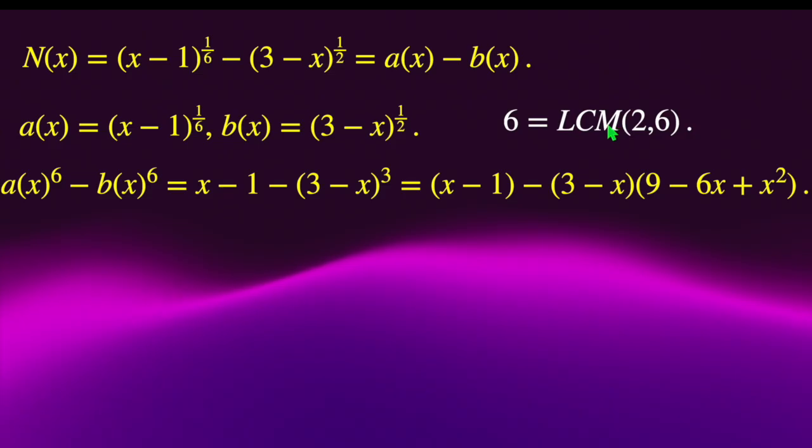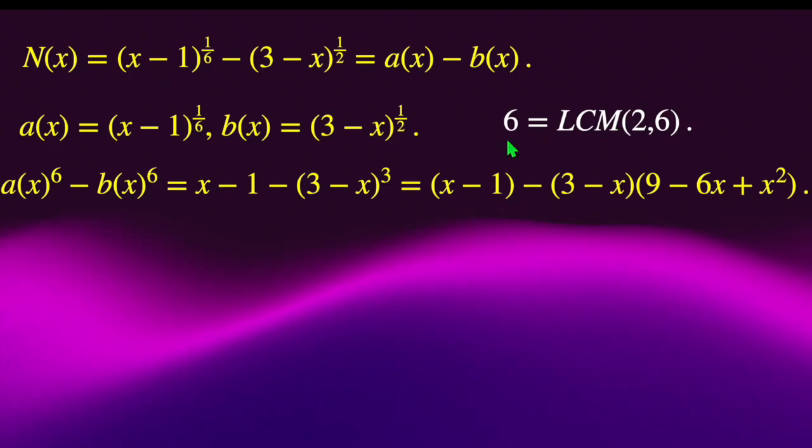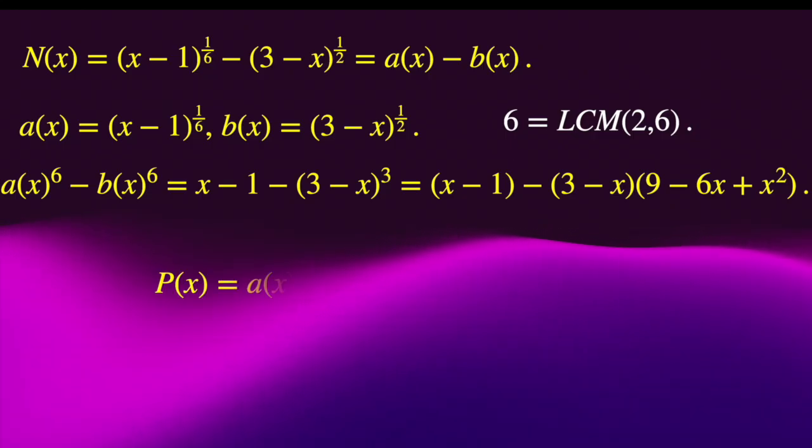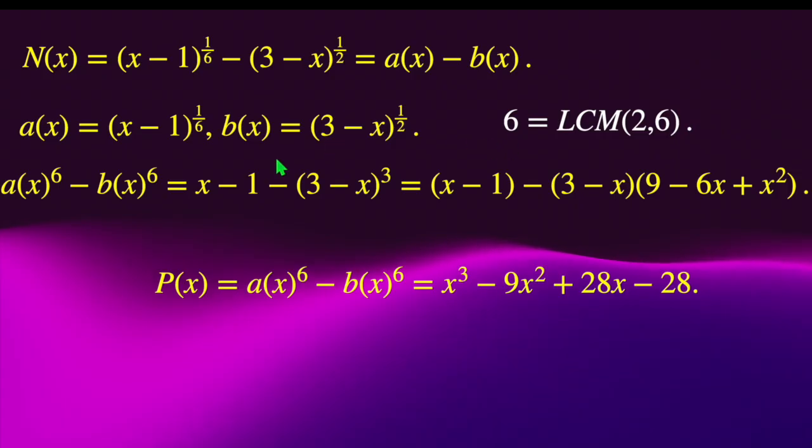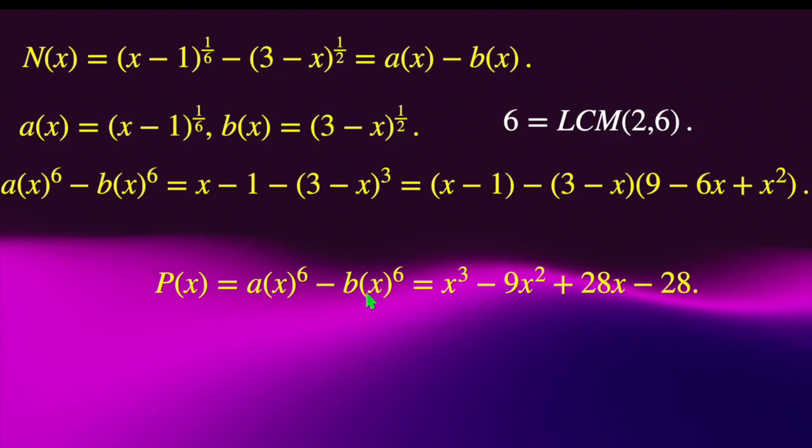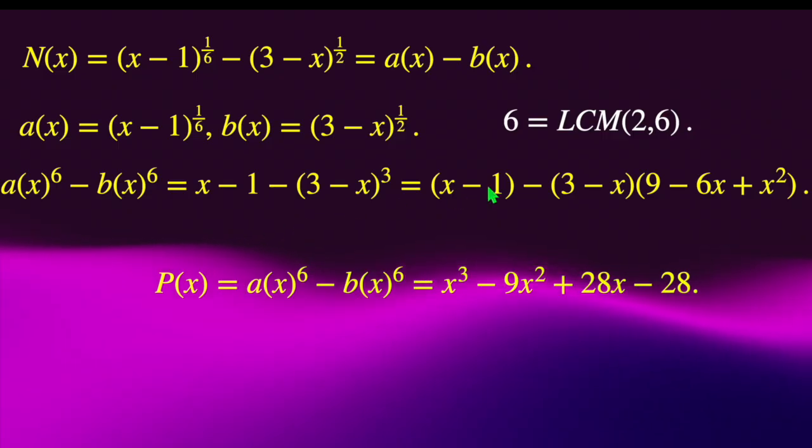So it's the rule for tackling the general case. Now, we get that this polynomial a(x) power 6 minus b(x) power 6,